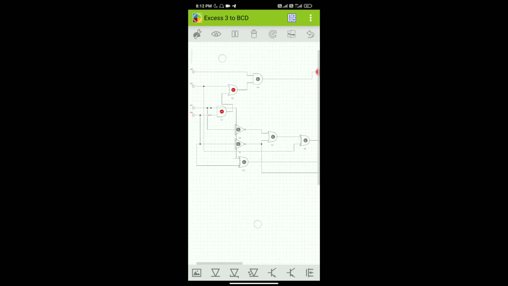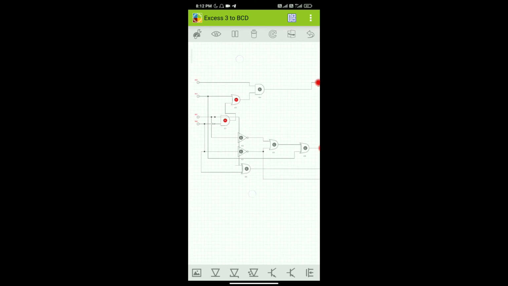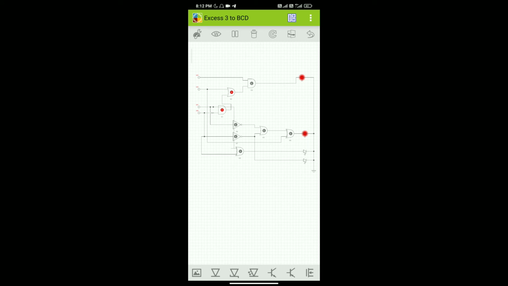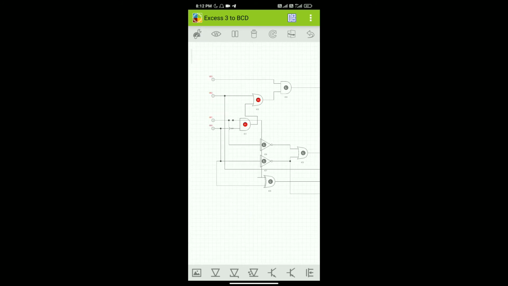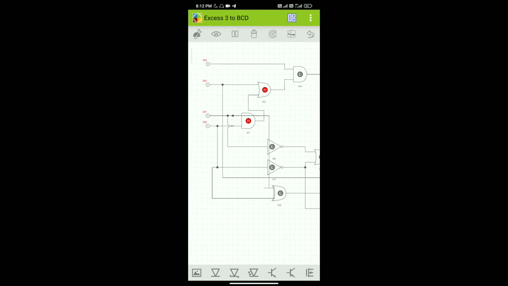Keeping everything as is, we are getting this, but in XS3 we can't have an output for 1111. So let's set 0011.